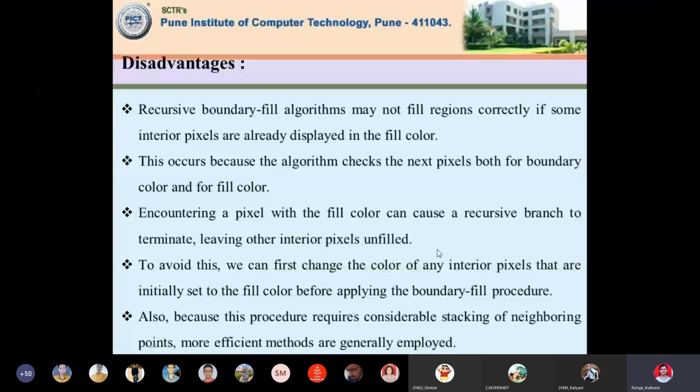One more disadvantage is that you need the same boundary color for all the edges. What if the boundaries are of different colors? In such a case, this particular algorithm won't work. These are some of the disadvantages of the boundary fill algorithm.